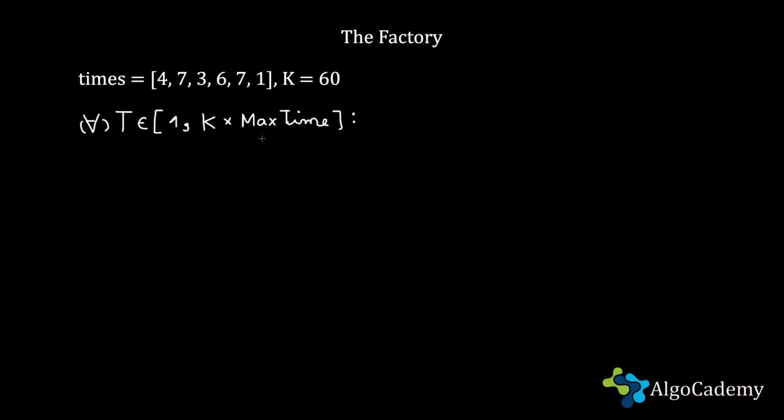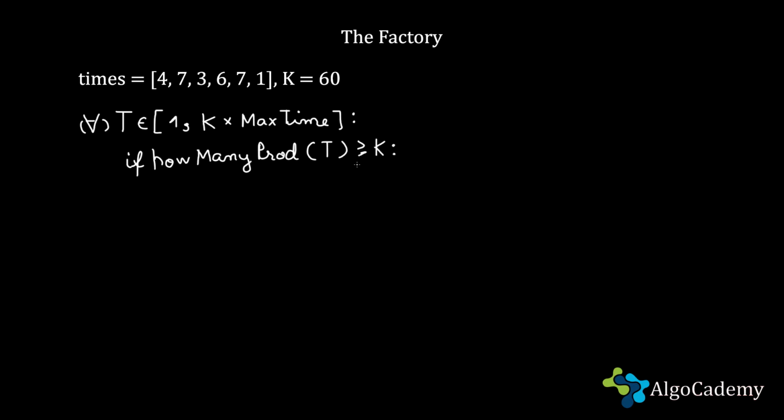So the second step is actually finding out how many products, right? So let's say this is a function: how many products all the workers can pack in the given time t. This is our second stage, right? And of course, if how many products of t is greater than or equal to K,